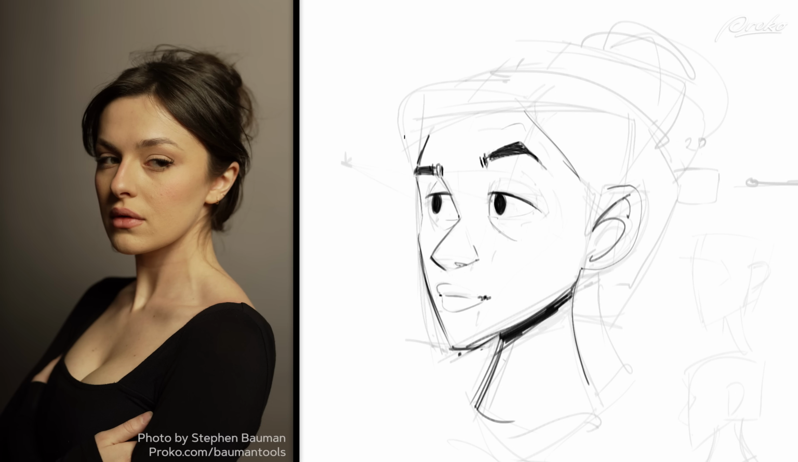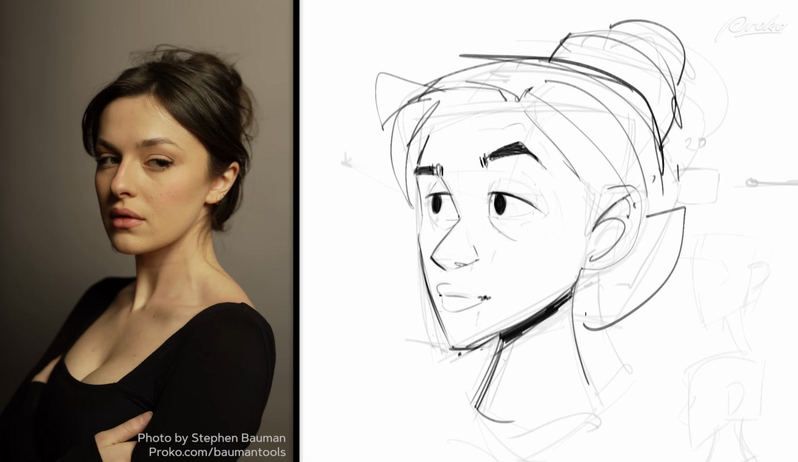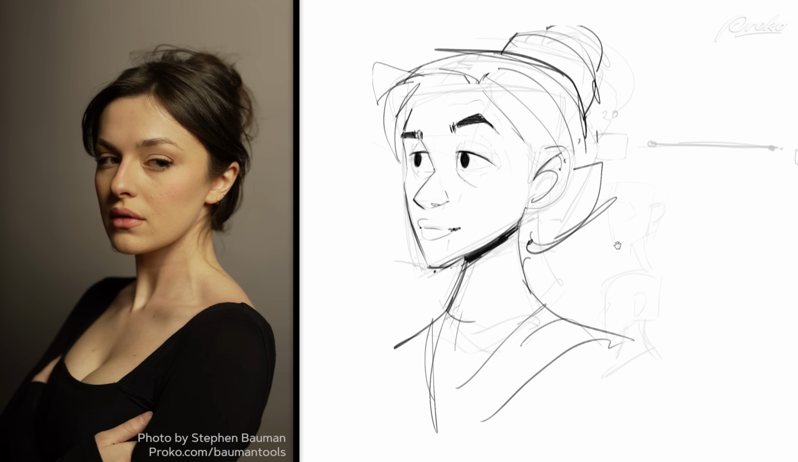Yeah, we can do some fun shapes for the hair. Even the hair's got direction, you know? It's got dimension, it's got shape. Got the bun in the back here. All right, and that's a good starting point for us to then iterate and do all sorts of explorations